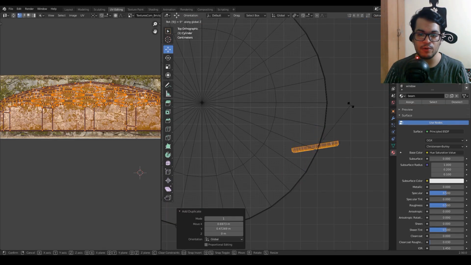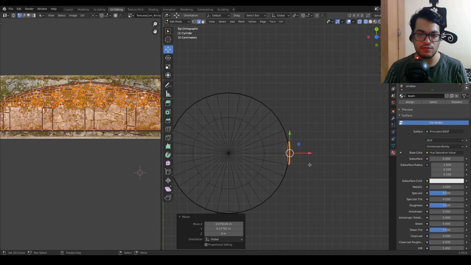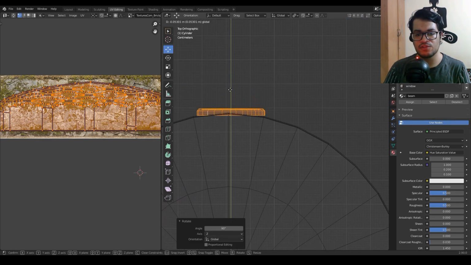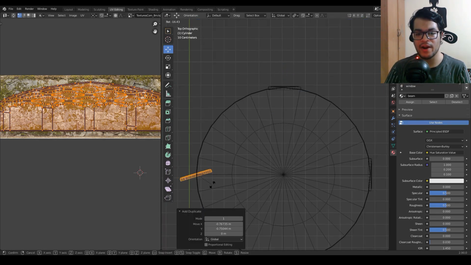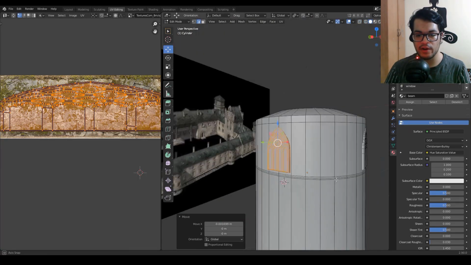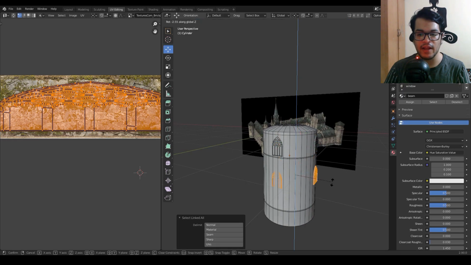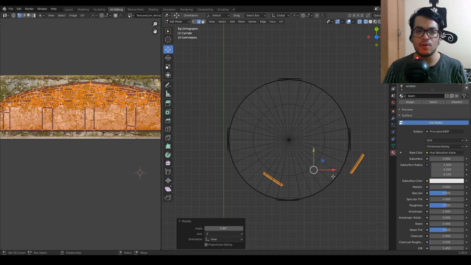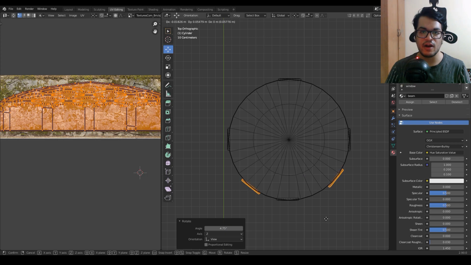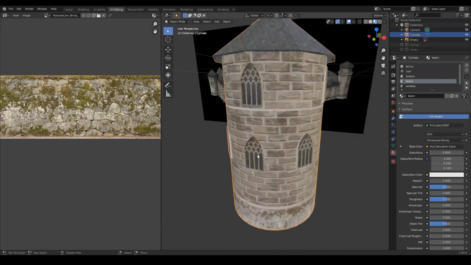And go to the top view, and then you can duplicate this window and rotate this window. Now this is again completely up to you, so you can randomly select windows, duplicate them and rotate them. Just make sure that you are not following a pattern, like you are not repeating stuff, because when you are making these large scale environments and large scale scenes, you can really spot the repetition from a far away distance.